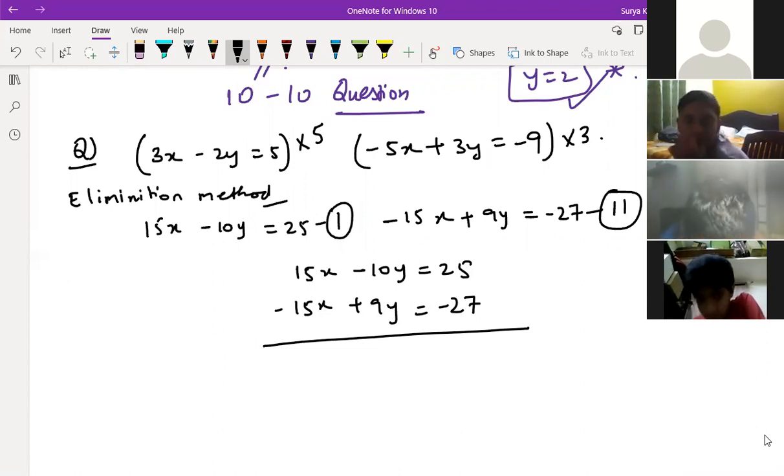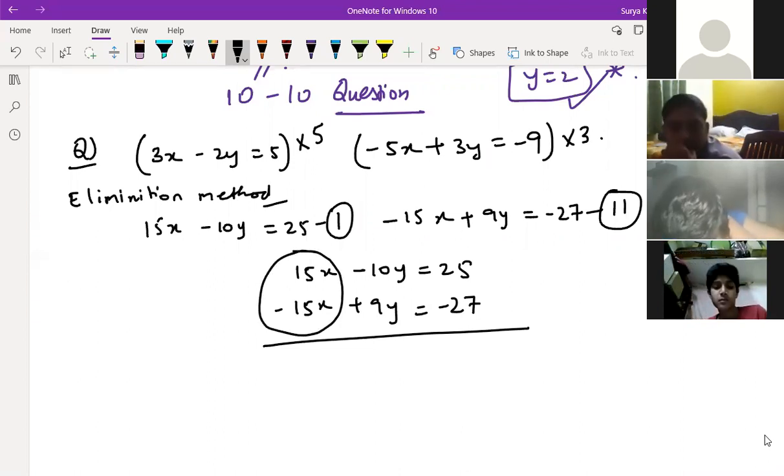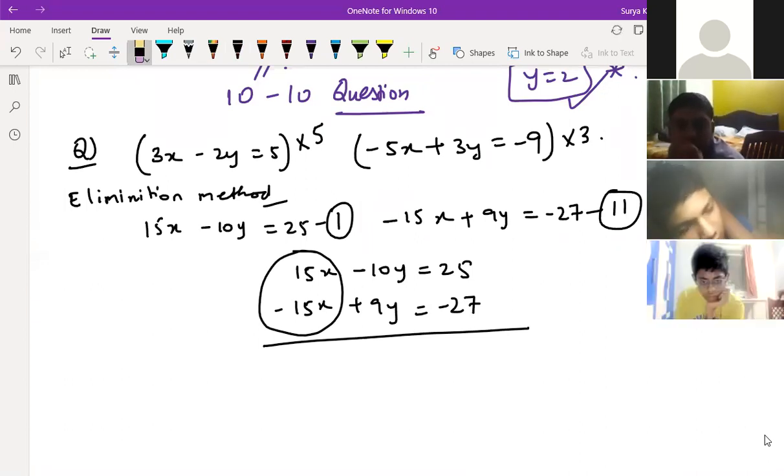Now see, Nihar, what your doubt was. Now I'm clearing your doubt. Why the sign is not compulsory over here. If these both signs are different, okay Nihar, then simply we add both the equations. Is it clear?